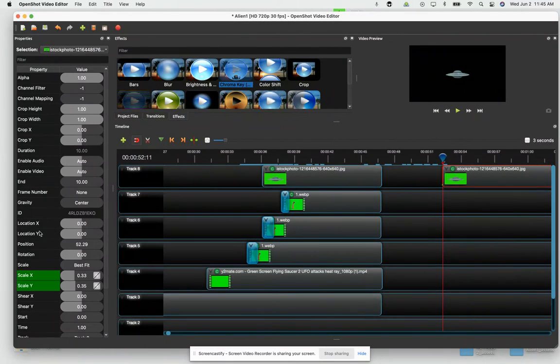Now I want to change its position again, just like we did with the alien creatures coming out of the ground. This time I'm going to change the position so that my ship is right off the screen. I've got to move it up a little bit so it looks like it's flying by in the sky. Okay, and I'll take it right off the screen. All right, so when this clip starts to play, my alien ship will be totally off the screen,